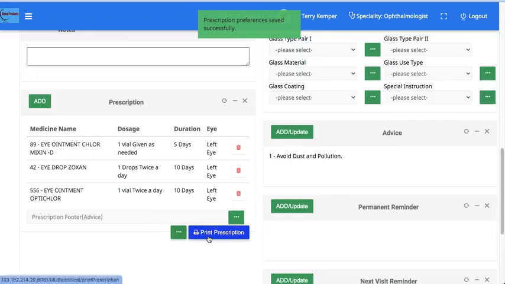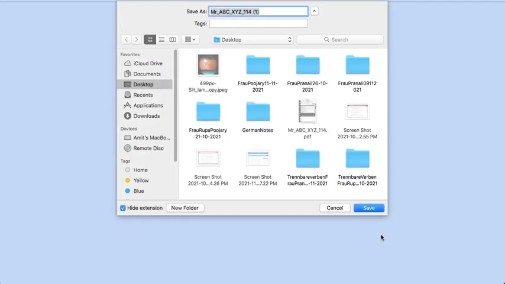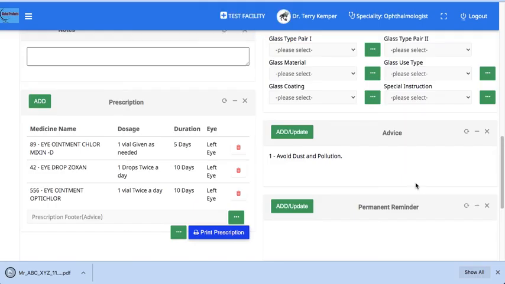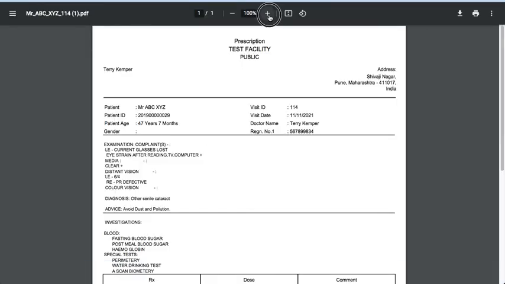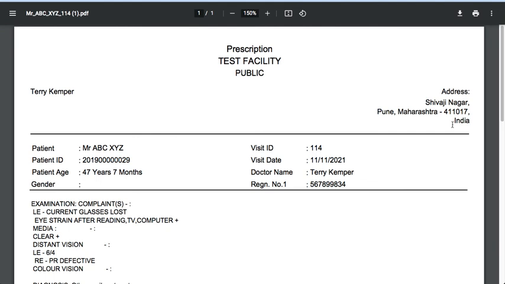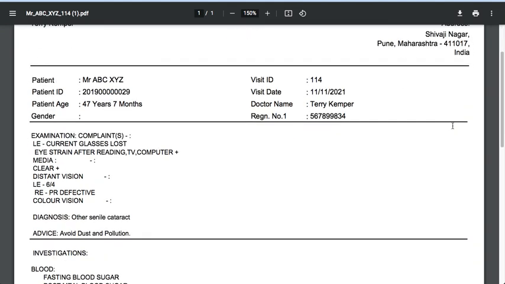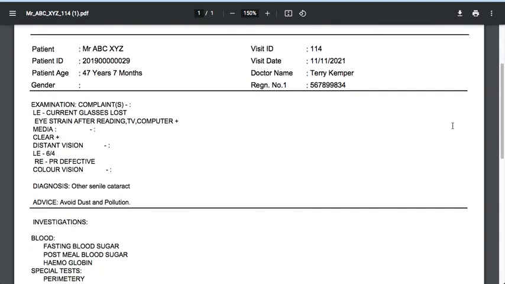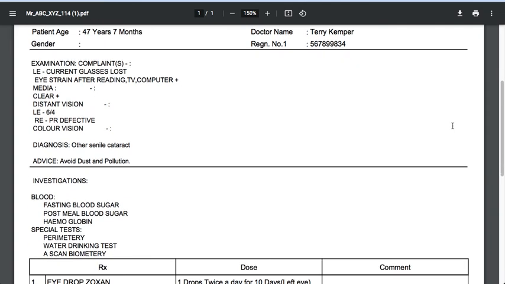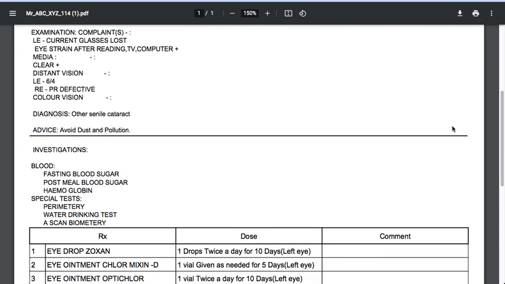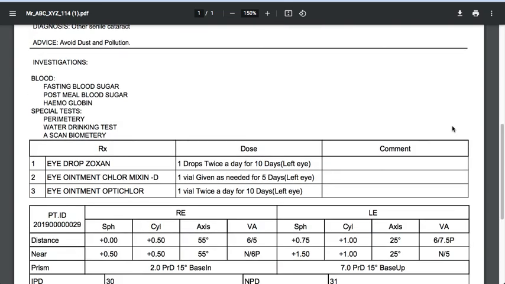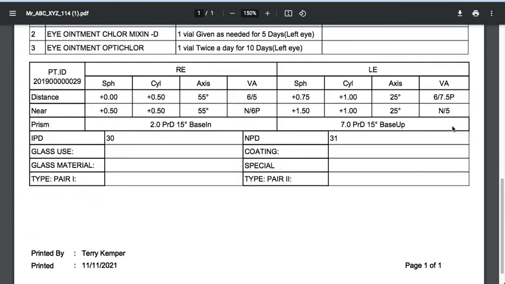Save the options and click on print prescription, which will be saved, and a sample format can be seen over here. All of the preferences that were selected, the data saved will be printed out: the investigations, medications, the glass details.